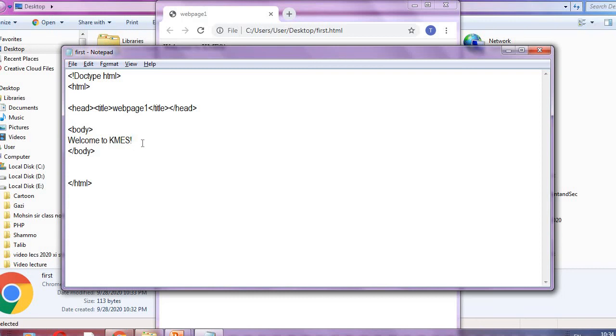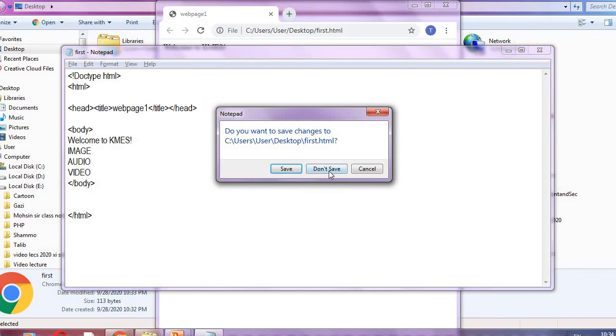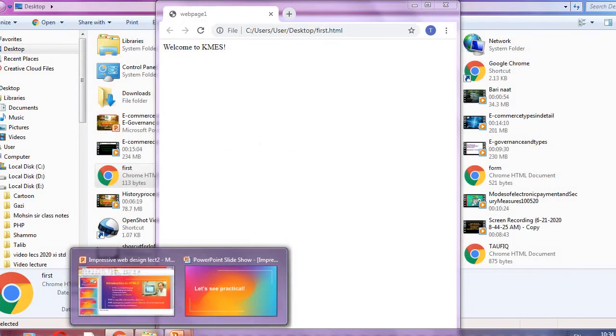Then you can add image, audio, video in the body in a specific way, not like this. If you only type it, you cannot add it. It has some special tags. Okay student, now I am closing. I think you understood all this.